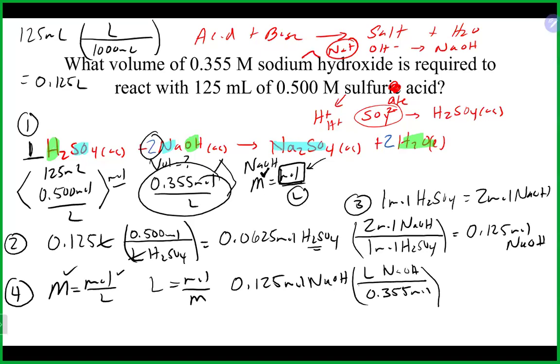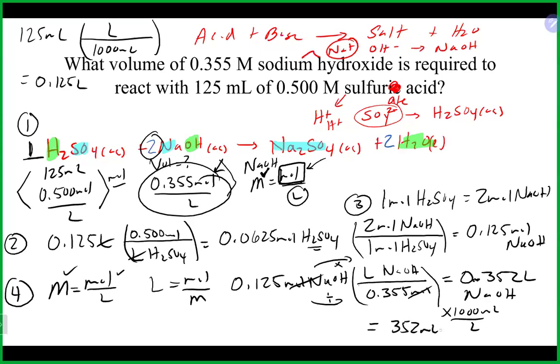So again, just using the molarity as a conversion factor, that means, like normal, multiplying and dividing. Moles are going to cancel, and we will end up with 0.352 liters of sodium hydroxide. And if you multiply it by 1,000 to convert it into milliliters, you will end up with 352 milliliters of